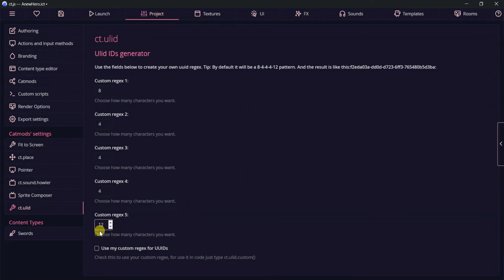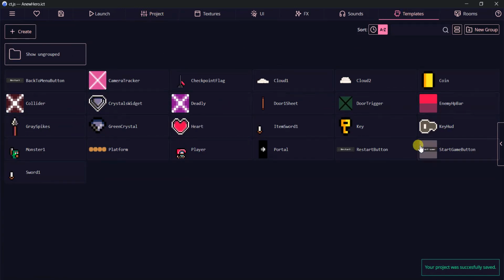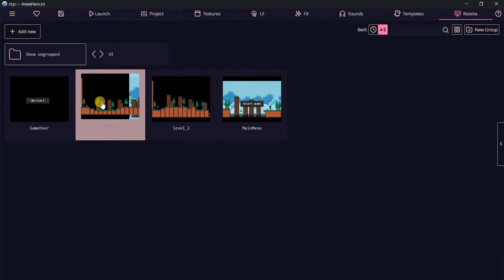So let's use our custom pattern and move this to 4, 2, 6, 8 and 7. Okay, so when we have this CT mod installed, we can just come to any template or room, for instance here,